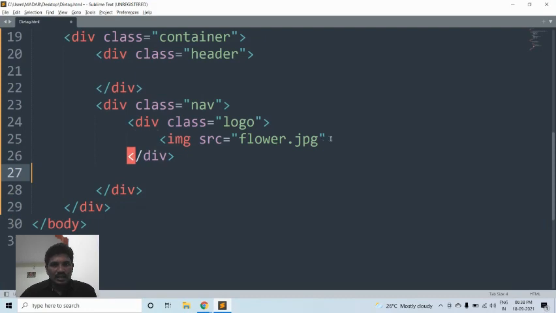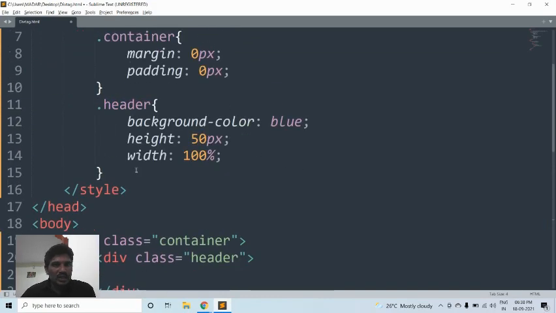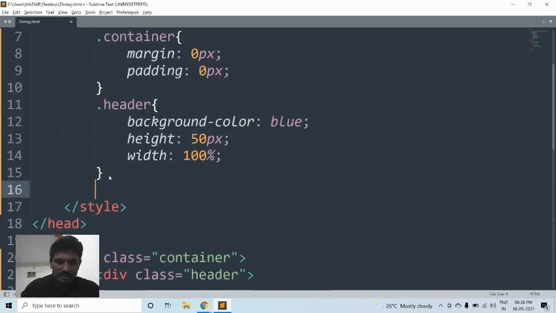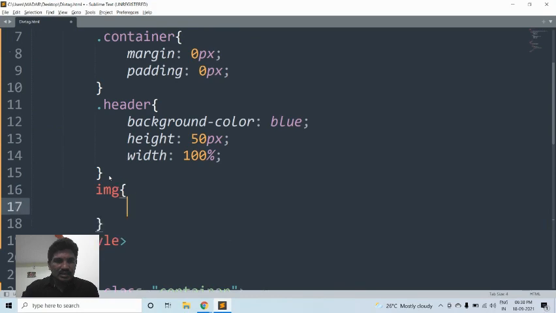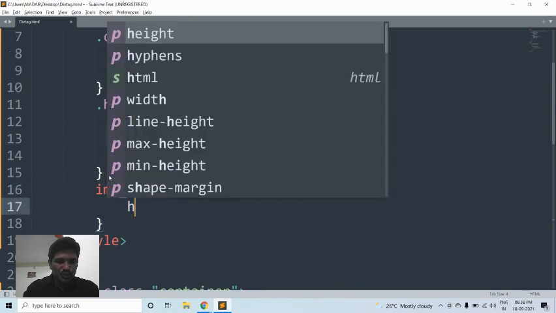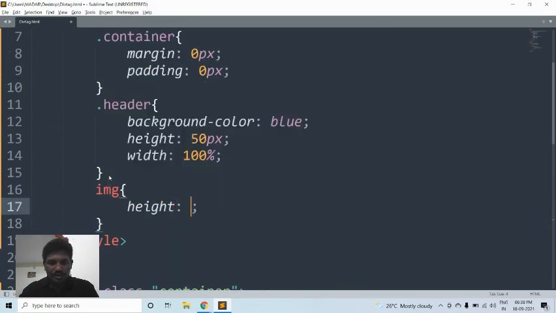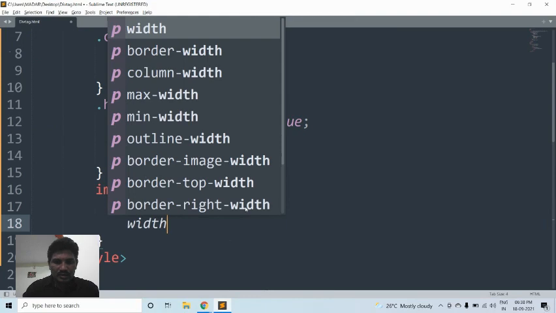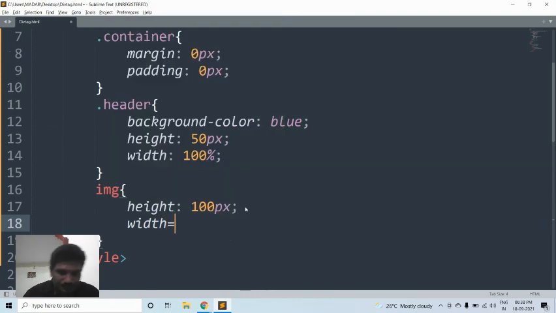Then close. Then I would like to resize the image. Then I would like to add image tag. Then height should be 100 pixel. Width should be 100 pixel.